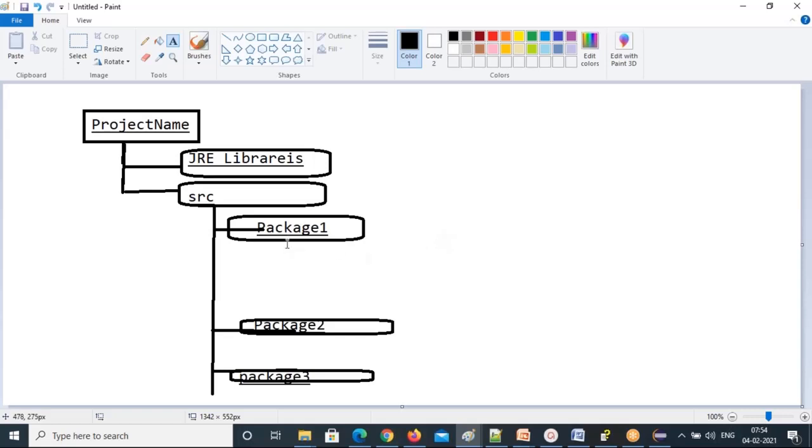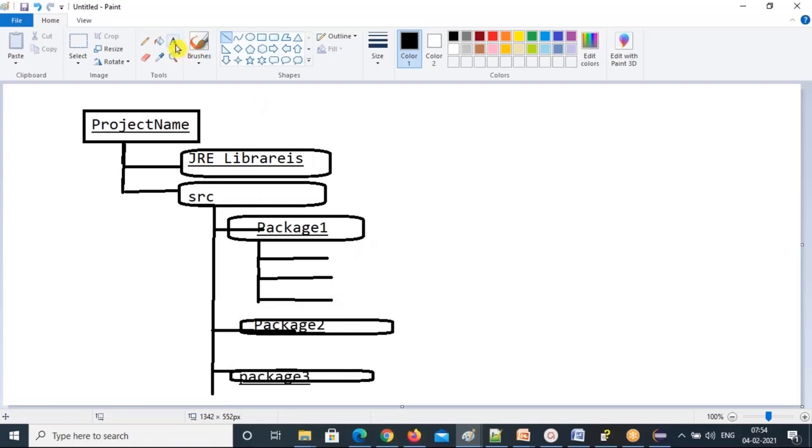So I can create many classes under this package 1: class 1, class 2, class 3, or interface 1 and interface 2. Like this I can create so many.